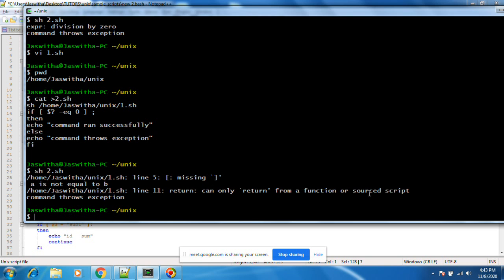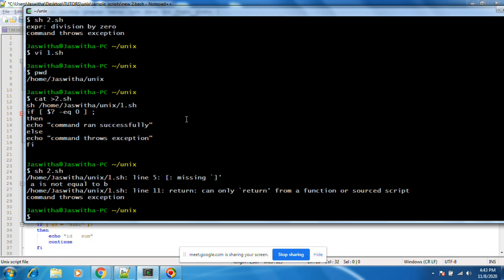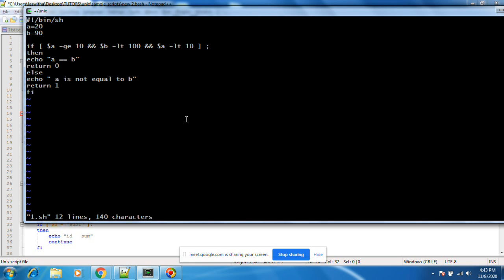You can return only, sorry. This will be exit 0, exit 1, not return. Only a function does return, whereas a program will do only exit 0, exit 1.